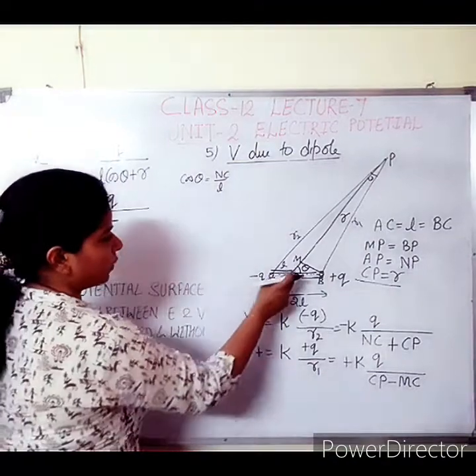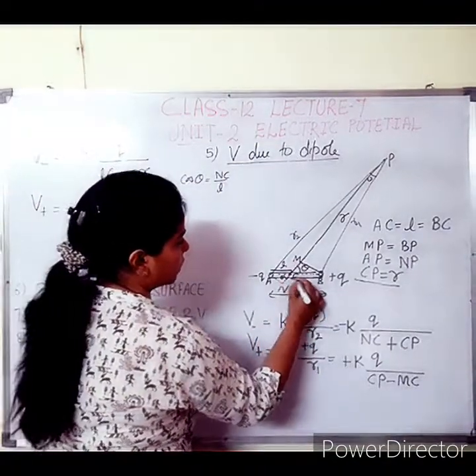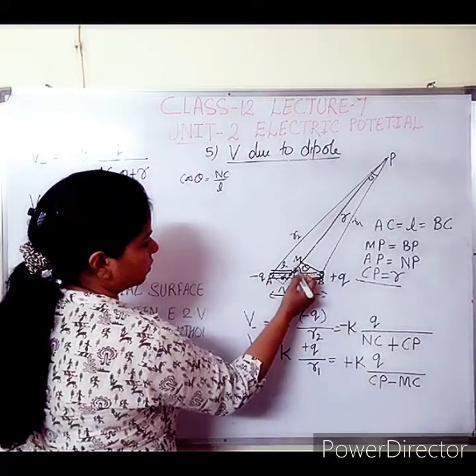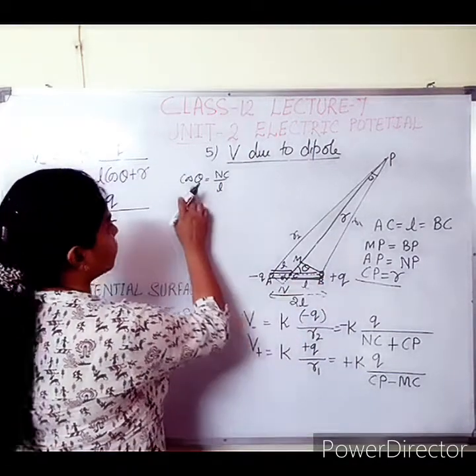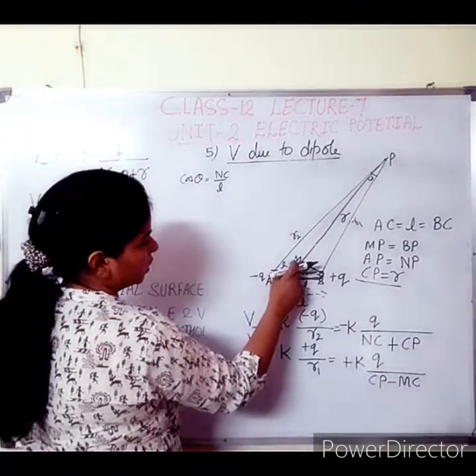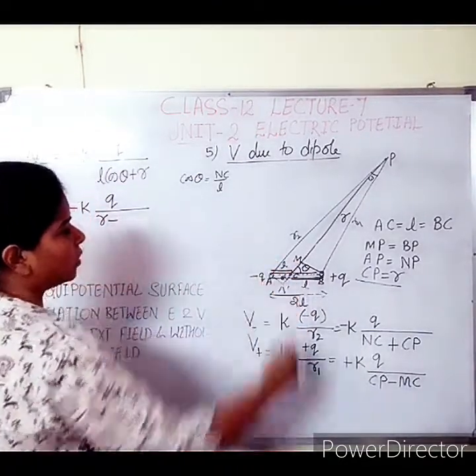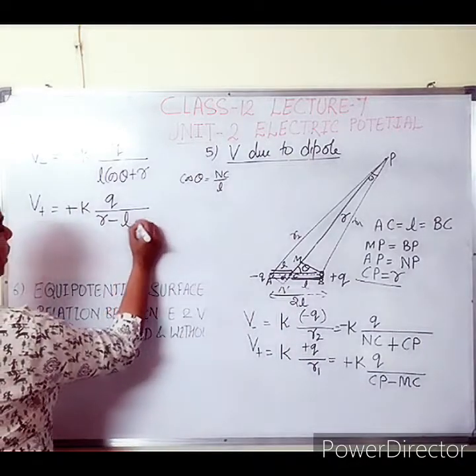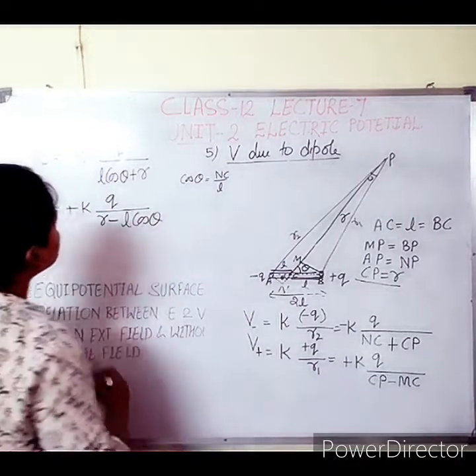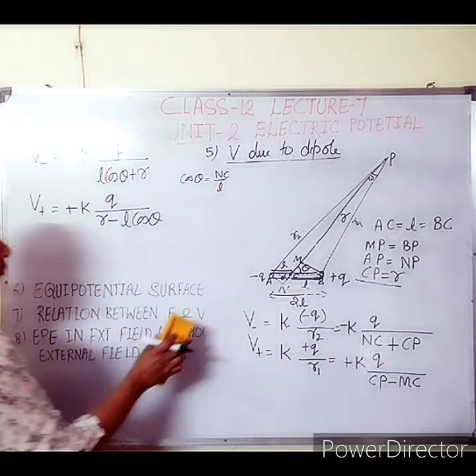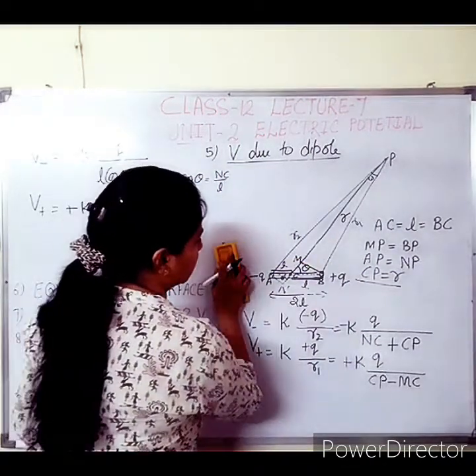Now what is the value of MC here? This one is L again, and this one is theta, so it is perpendicular, so MC is corresponding to the base. Again for the base we will take the cos theta term. Cos theta is equal to base over hypotenuse, so MC base is equal to what? L cos theta, so R minus of L cos theta. So these two terms we got from the result. Now we can rub this figure.